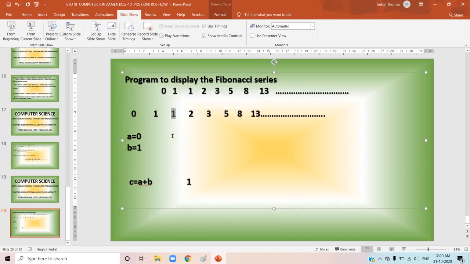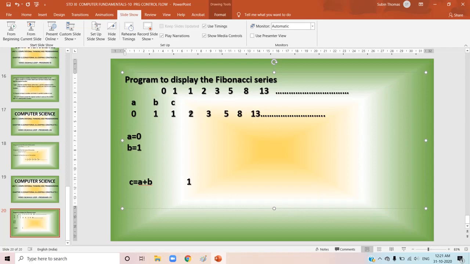Now, in this case, you want to add these two numbers. Here, this 0 is in the variable A, this 1 is in the variable B, and this is inside the variable C. Presently your variables contain these values: A contains 0, B contains 1, and C contains 1.